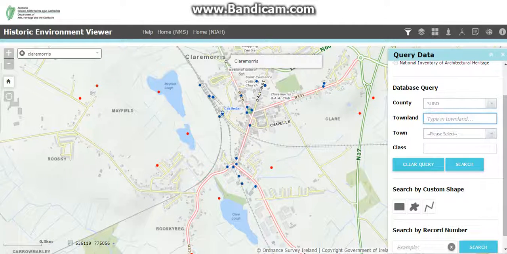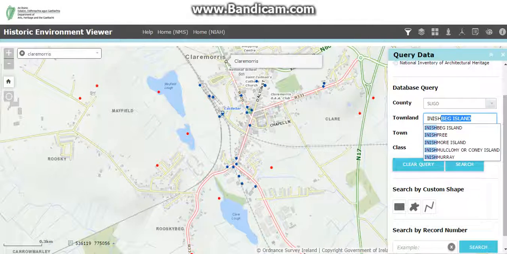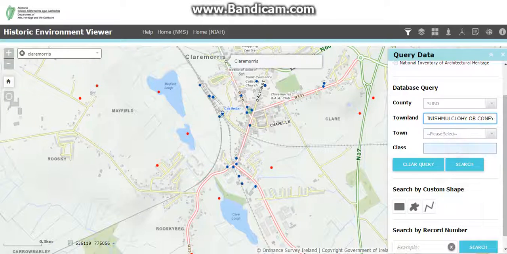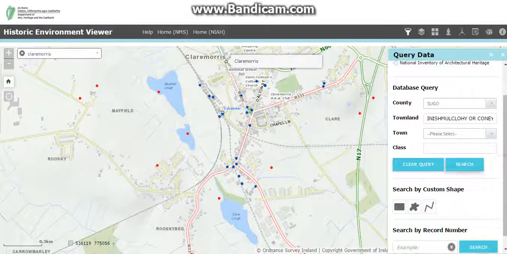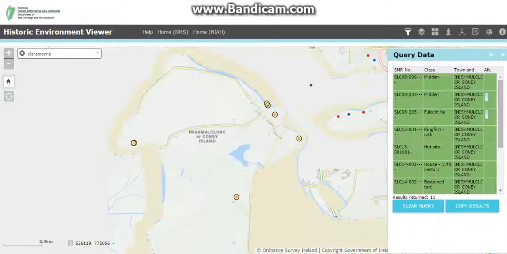And the townland. It used to be that you'd have a drop down box for the townland. Now it actually responds to what you're typing yourself. So I'm going to go to Inishmore or Coney Island here, and you can see that comes up straight away as you're typing the first few letters of the townland. You can search by town as well if you want, and of course monument class. And if you're doing monument class, what would it be for Barrow? All the options, again, they come straight up for you, so you just select what you want rather than a drop down box. So we go to search, and there we are, we're at Coney Island,